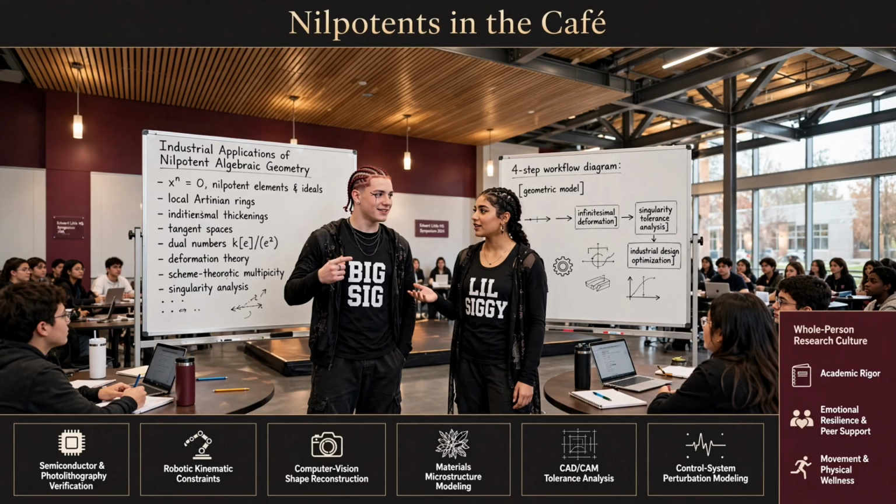If you do that, you trigger the second trap, which is subtractive cancellation. And that's a hardware issue, isn't it? It is. Computers store numbers in floating point format, meaning they only have a finite number of bits to represent a decimal. Right. So if you take two numbers that are almost perfectly identical, say 5.000001 and 5.000000, and you subtract them, the computer has to shift the decimal and chop off the trailing digits just to fit it in memory. Oh, wow. So you instantly lose all your significant digits. Yes, your data literally turns into random static noise.